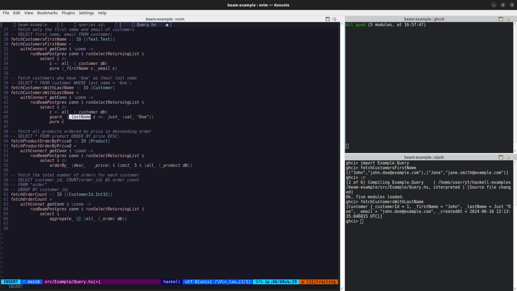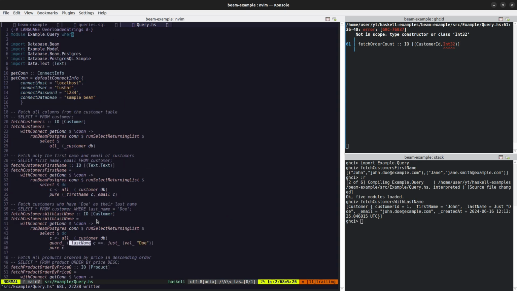Then this will be the lambda function that will take the single order, basically the order list, and we'll use group function inside here, and we'll do a group by the customer ID of the order, and we want count all to find the count of all the orders,